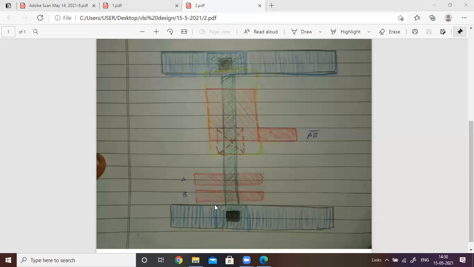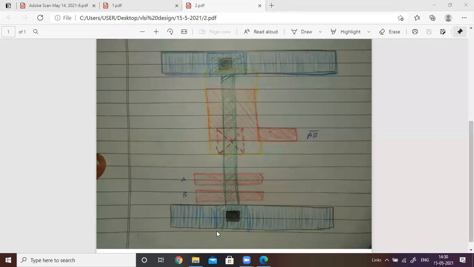Similarly, from this boundary cut to the next transistor channel, the separation between these 2 points must be a minimum of 2 lambda. More than 2 lambda is no problem, but it cannot be less than 2 lambda. From where to where? From the transistor channel boundary to the inside cut, 2 lambda. The minimum requirement is 2 lambda, and more than 2 lambda is also possible. That is the main thing you have to remember.